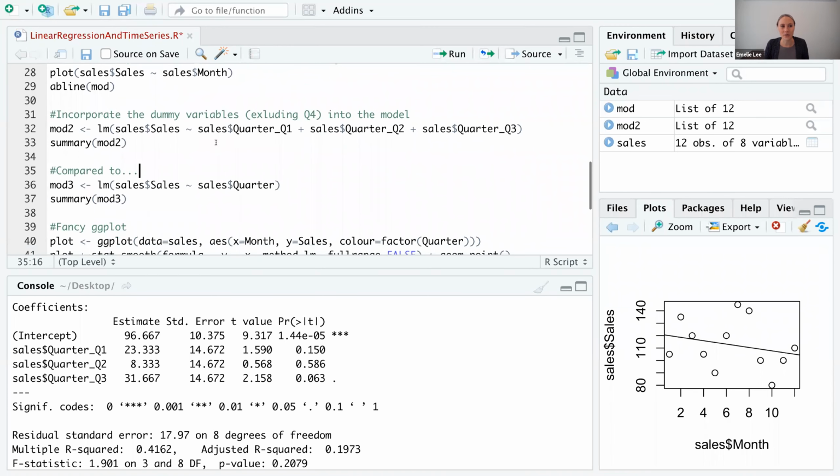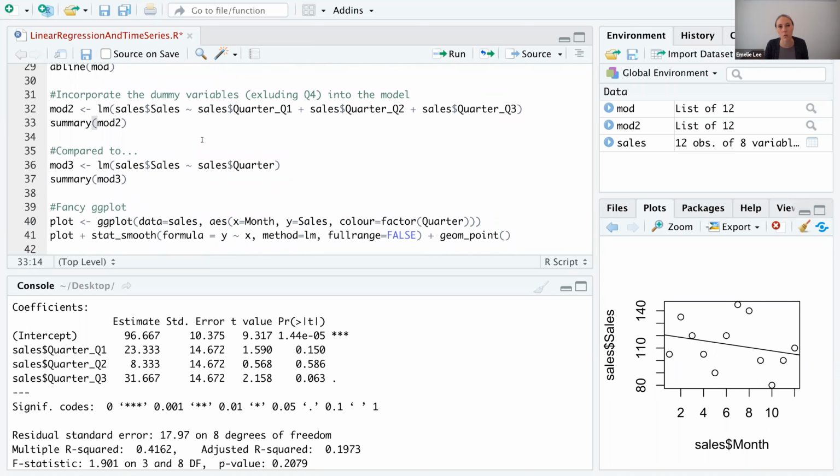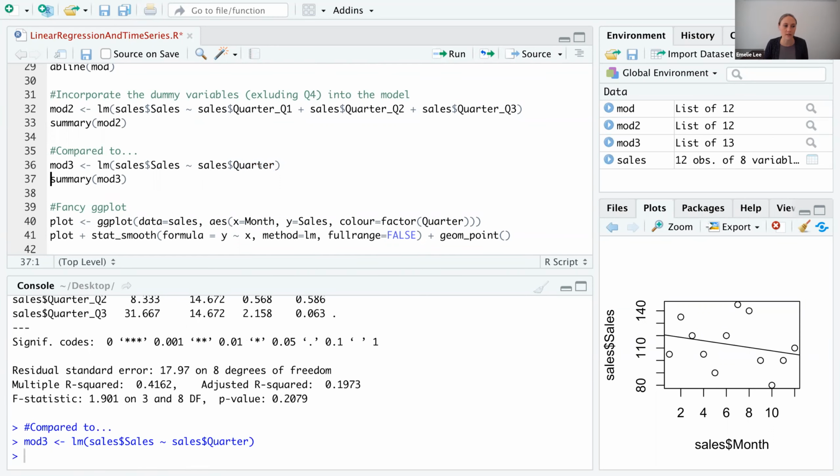This assumes that you've already built these dummy variables. What if you don't have those, and what if you don't want to? You don't have to. Oh, what? I know. R is clever in the way that it recognizes that quarter is a category. It is a categorical variable, and it does have multiple observations of the same category. So here is mod 3 that I'm going to compare the previous model to. I'm going to do a linear model of sales against the quarter. Okay. And if I look at the summary of that,